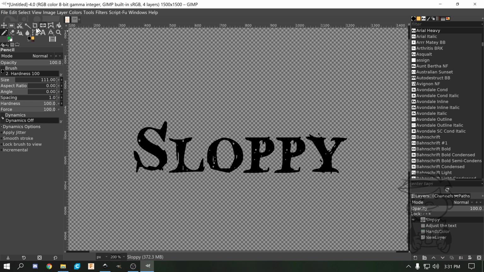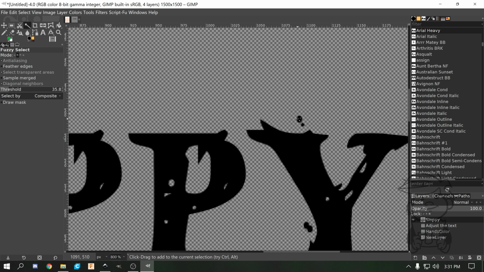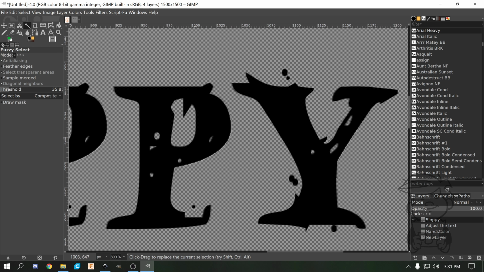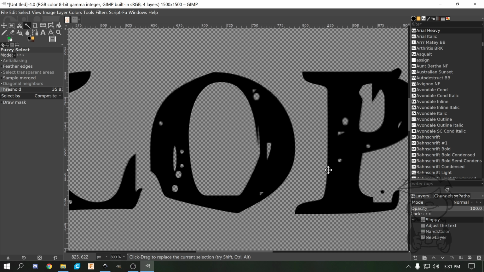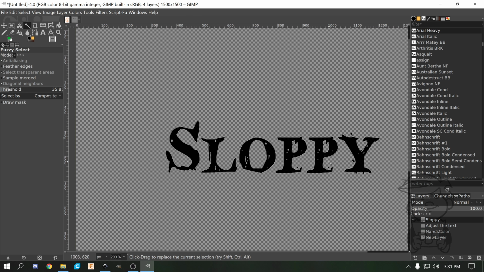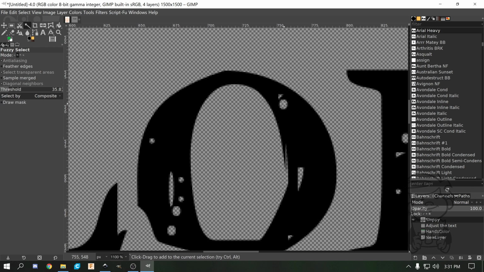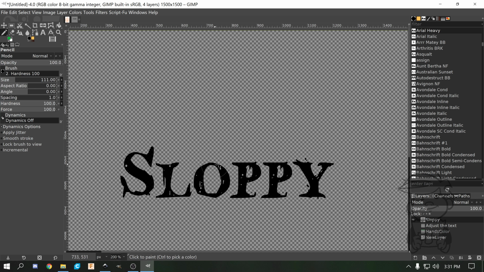I could hit undo, go back to my select, and I could just remove those two dots, those dots, that one, and that looks like about it. So I could do those, or I could add them back, and I will only do this on one letter just for the sake of speed. So now when I go to paint,